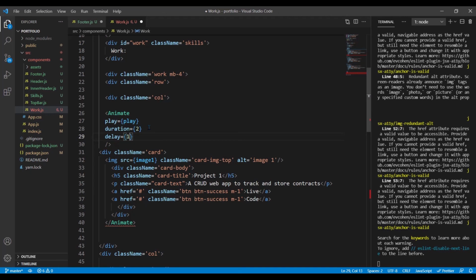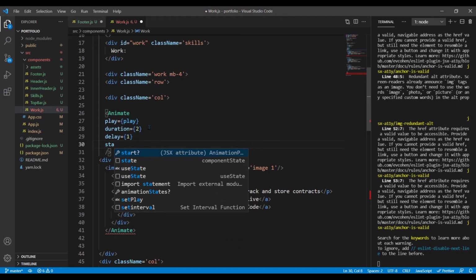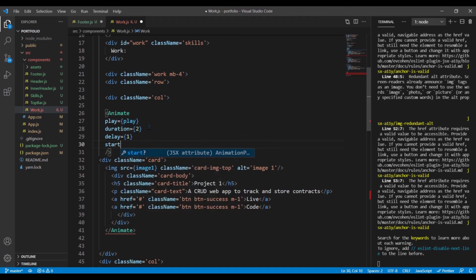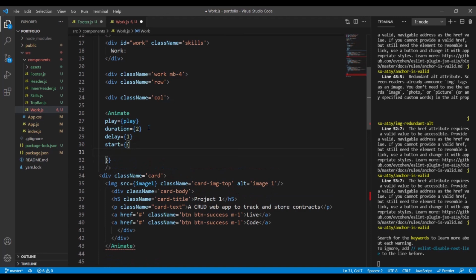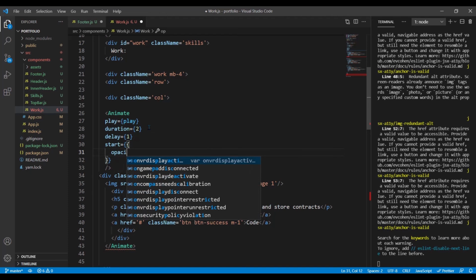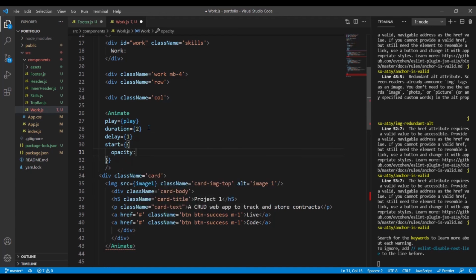Okay, now we set start equal to double curly braces. And what do we want it to do? What do we want the animation to do? Opacity, we want it to start out at 0. Okay, good. So that's our start. So you can set it to, you know,